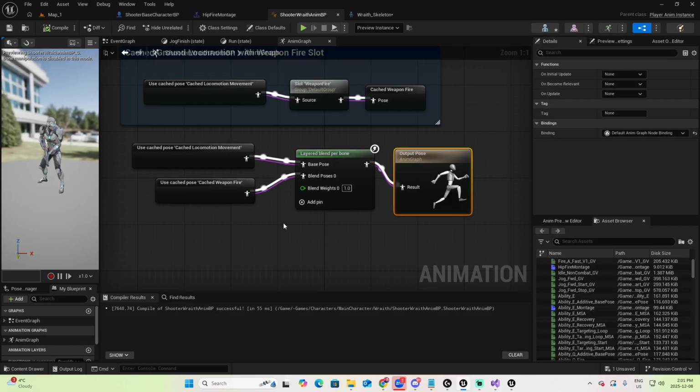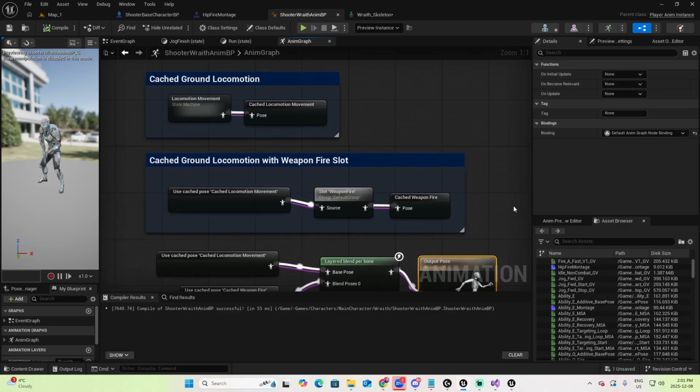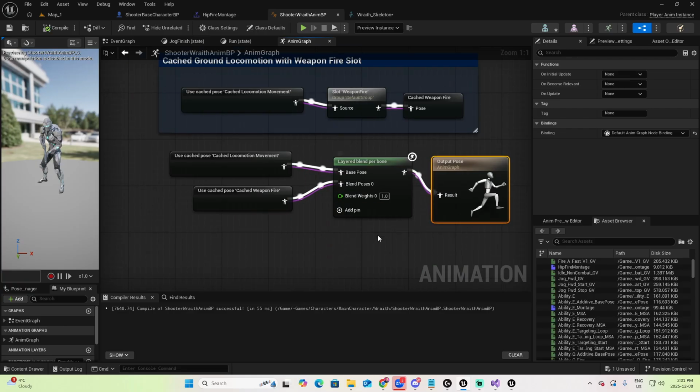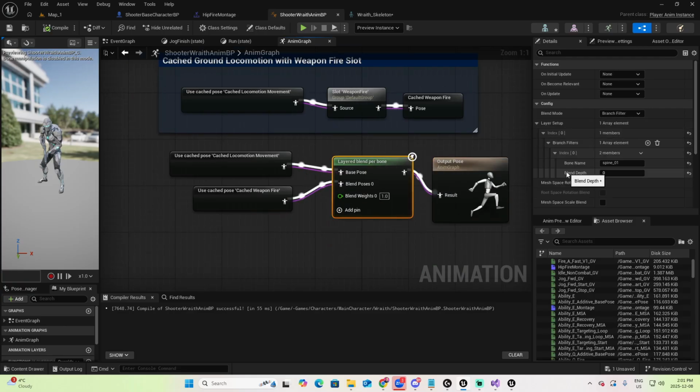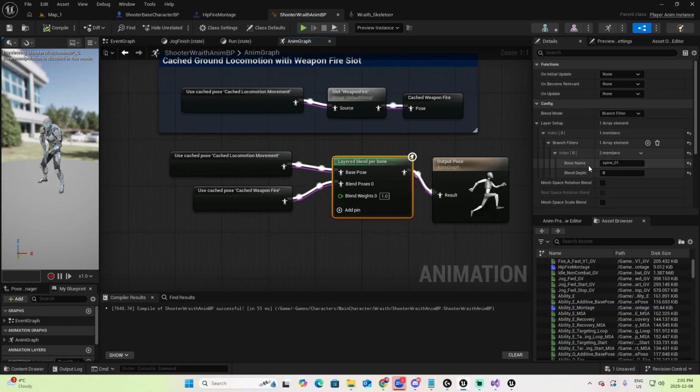To summarize, we first separated the two animations and presented them in their corresponding cached poses. Then we added a Layer Blend Per Bone, where we identify the bone where we want to divide the upper body animation and the lower body animation. We found that bone in the Mannequin skeleton. Then we set the bone in the branch filters with a blend depth of 0 and a blend weight of 1.0. To watch the difference between 1.0 and, let's say, 0.5, compile, save,